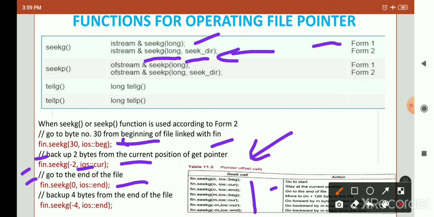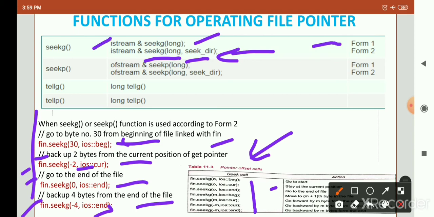Again if we mention fin.seekg(-4, ios::end), it goes backward 4 bytes from the end of the file. In this way we can randomly access data from the file.